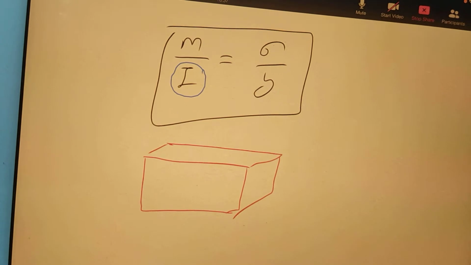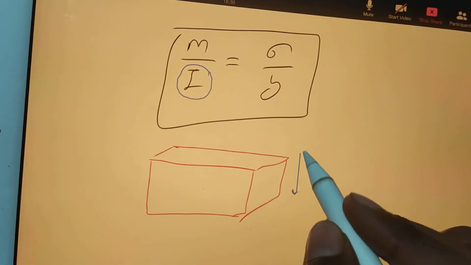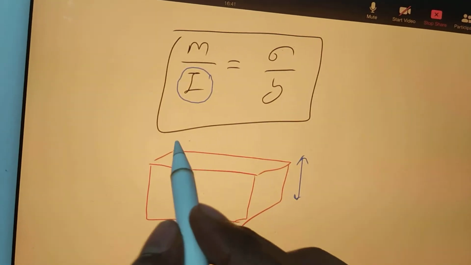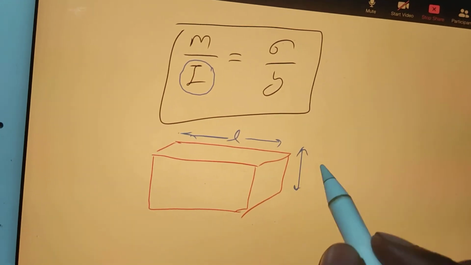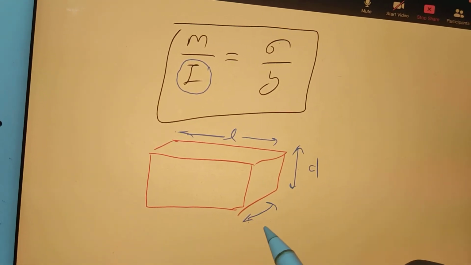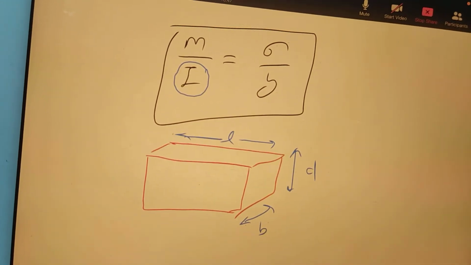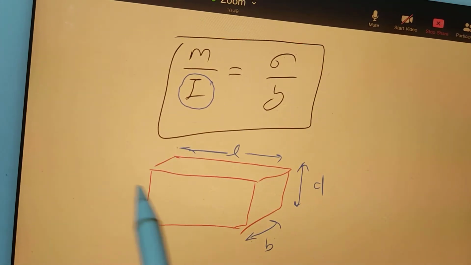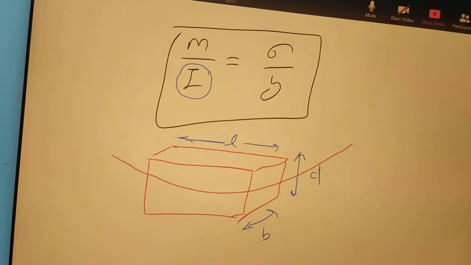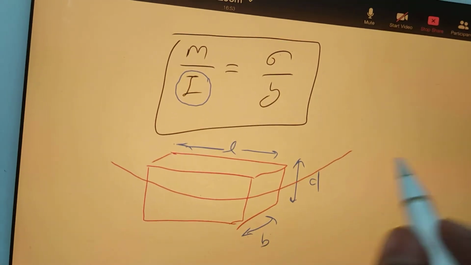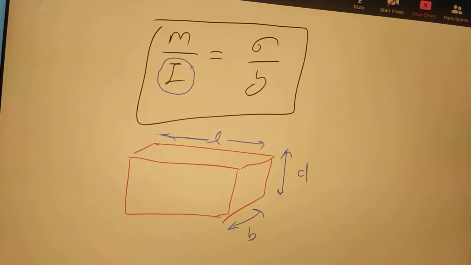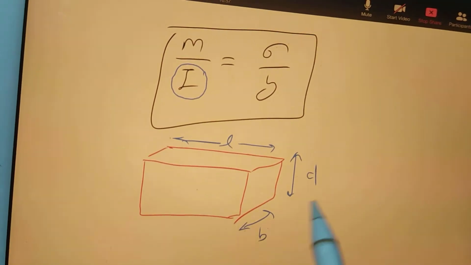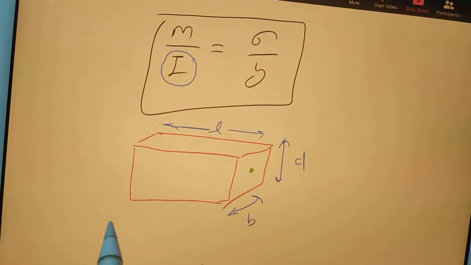Suppose this is the 3D beam. Suppose this is the depth of the beam. This is the length of the beam. So this is the depth and this is the width of the beam. Okay. Now imagine you are bending your beam like this. In that case, we have 3 axes for the beam, because right now I have drawn the beam in 3D. So mostly, suppose this is the center of the beam.